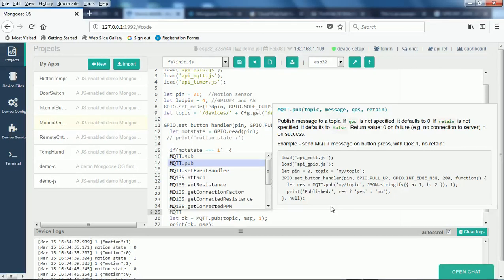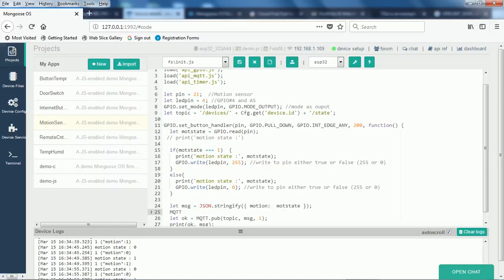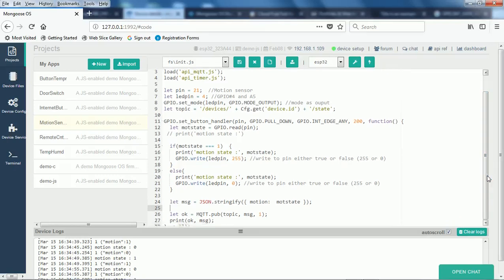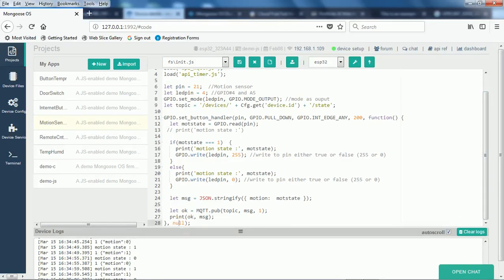Here you can see this is the topic followed by the message, whatever message we want, and then the 1. So 1 will be that particular thing, and then the last is null, so retain is null. We don't want to retain it. You can take a look at it. This is part of this button handler.